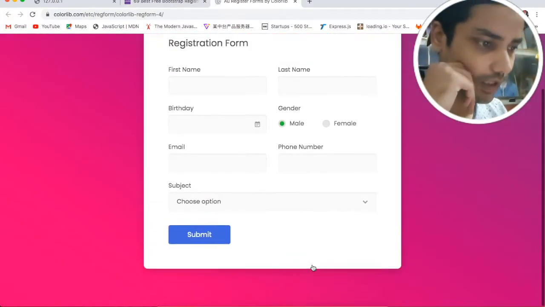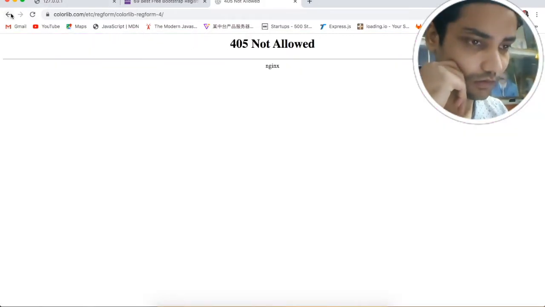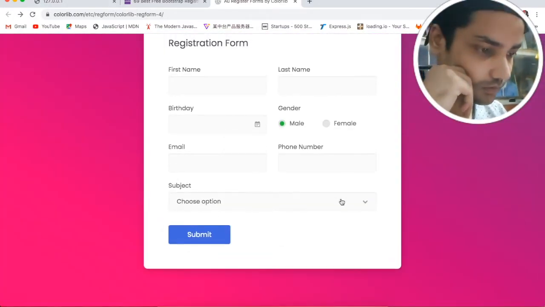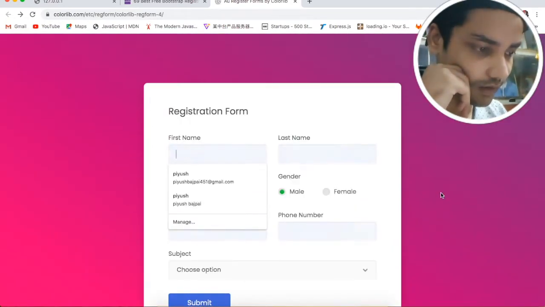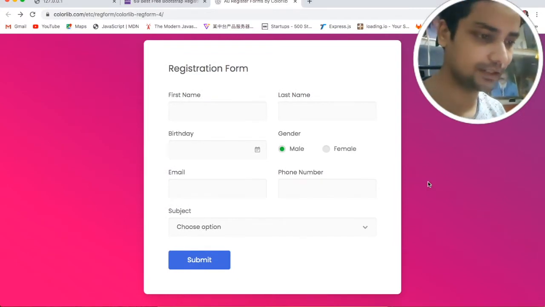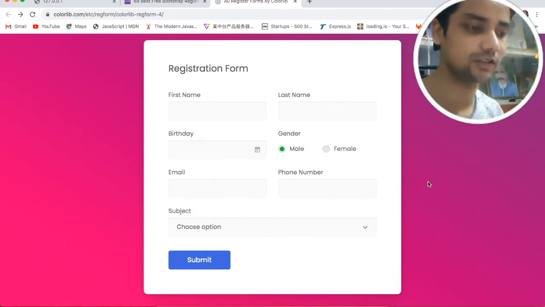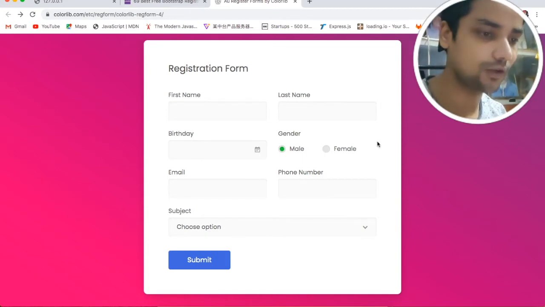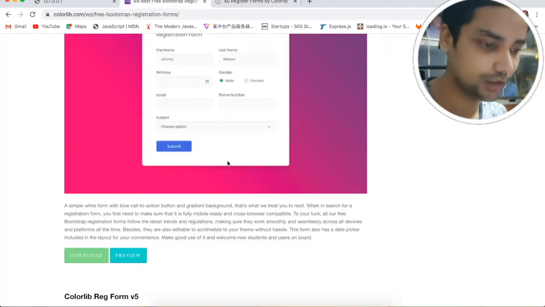So here you can see we have this one, with some options: first name, last name. Okay, cool, let's take a very simple example. We are just going to download this register form template and then fix it with Django code. Then we will discuss more pages like a login page, dashboard page, and some contact pages. So we'll download all the templates, but as of now we are just going to work with the register form template.